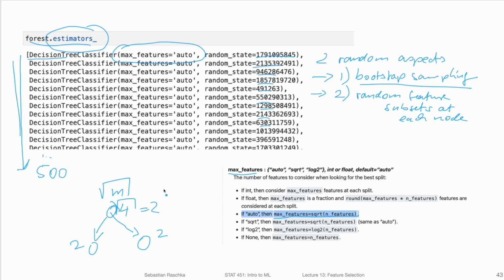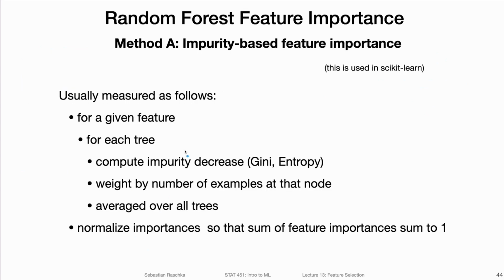But that's not necessarily the point of the feature importance. Feature importance could also be computed if we wouldn't use these random features. And I will now explain to you how the feature importances are derived from these decision trees. There are actually 2 common ways of computing the feature importance in decision trees. So I will call them method A and method B.